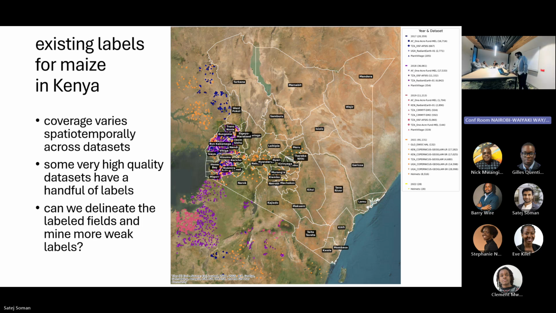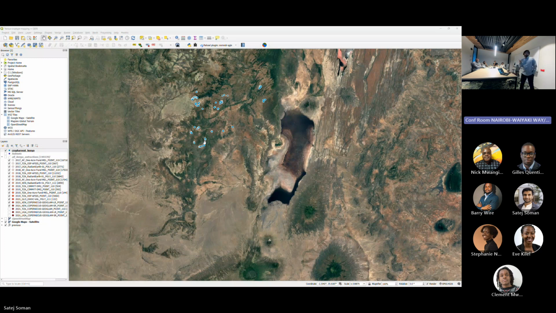So this is kind of what that workflow might look like in practice. Each of these blue dots with a white outline is a GPS coordinate from what we have judged to be a high quality label data set here. And you can see that they usually fall right in the middle of a field. So let me see if I can segment some of these fields near some of these data points. And this is again using the delineate anything model that I showed you in the third example.